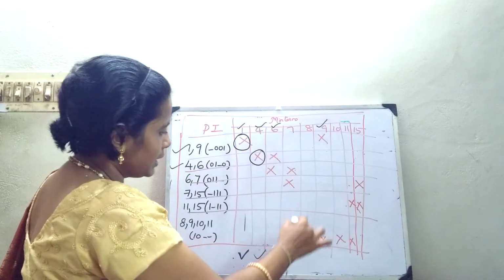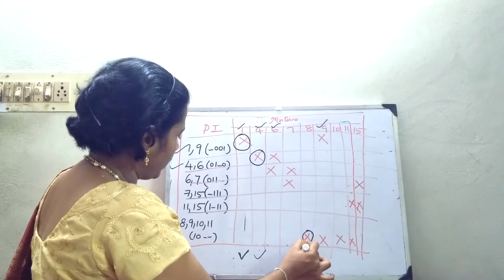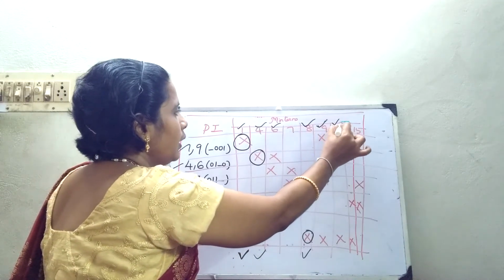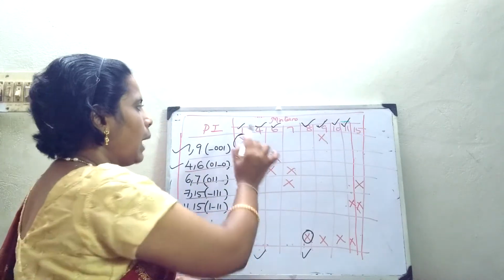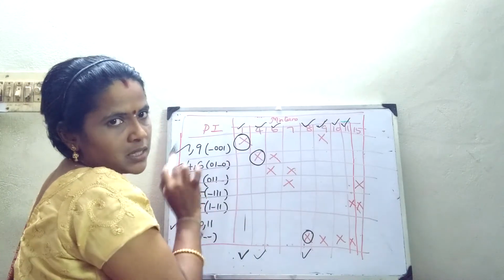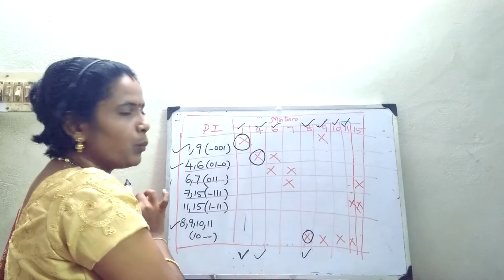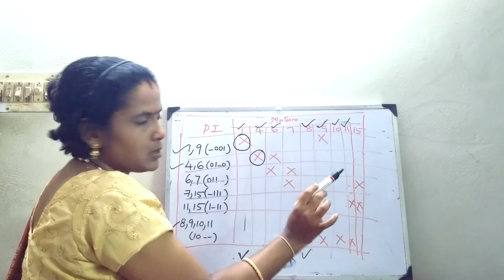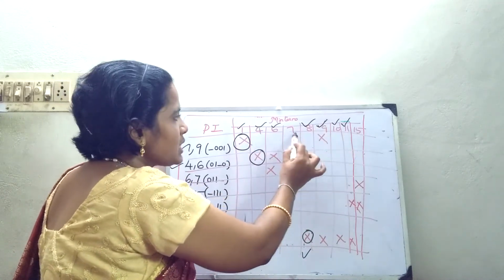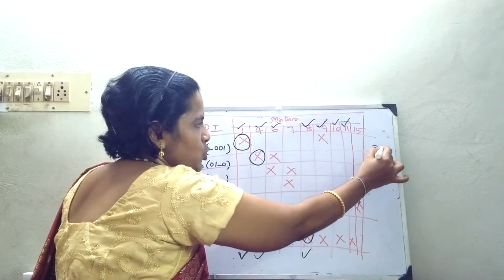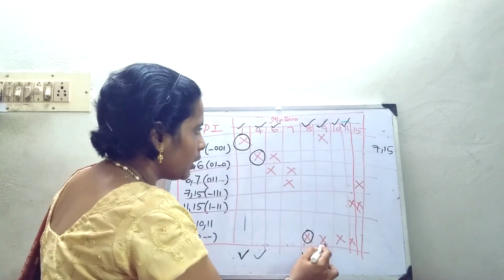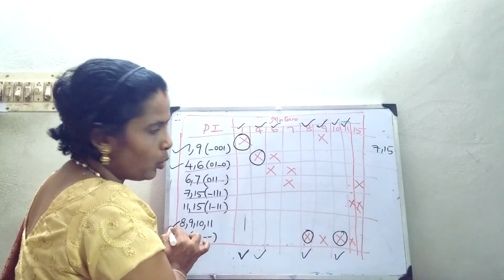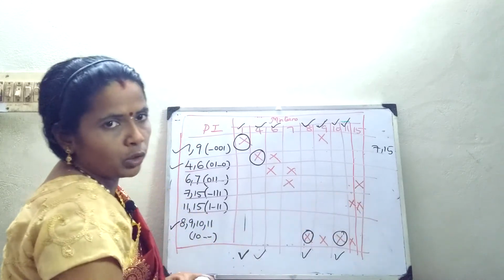Over. Now where is the single cell grouping? Here I have a single cell grouping, that is 8, 9, 10, 11. Immediately go 8, 9, 10 and 11. Now this upper part grouping is just for your own understanding. As per the procedure, only here and here you have to put a tick. Okay, so what does it mean here? This is just for your own understanding in order to arrive at the correct answer. Now all the minterms are marked, only 7 and 15 are not marked, which have to be included. Now again you come here, 2 grouping, and this is a single cell grouping. So again this term is already marked, so no problem. 2 cell grouping, 2 crosses are there.